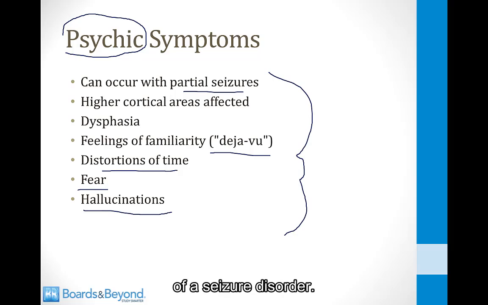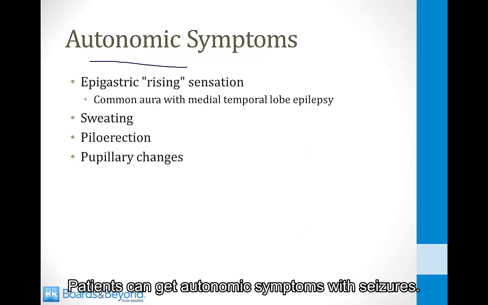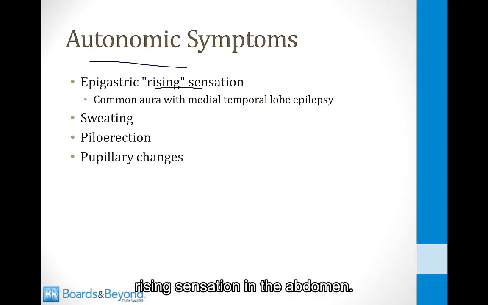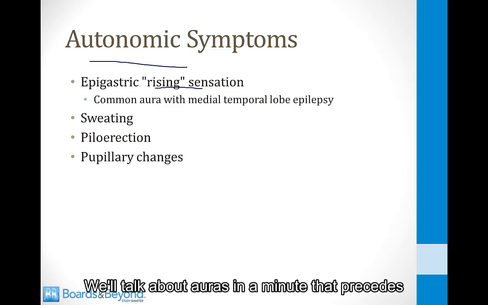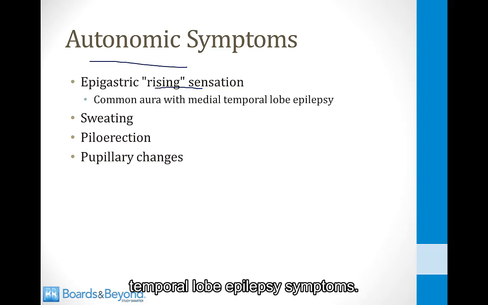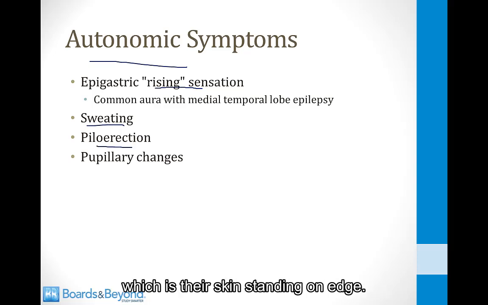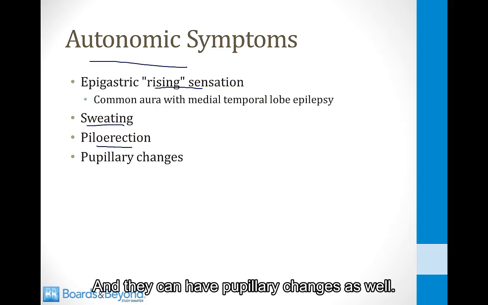seizure disorder. Patients can get autonomic symptoms with seizures, and one of the classic ones is to feel an epigastric rising sensation in the abdomen. This is a common aura, we'll talk about auras in a minute, that precedes temporal lobe epilepsy symptoms. They can also get sweating and piloerection, which is their skin standing on edge, and they can have pupillary changes